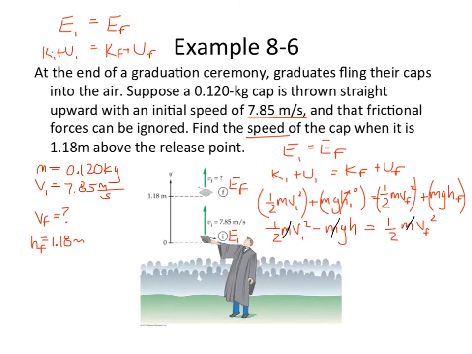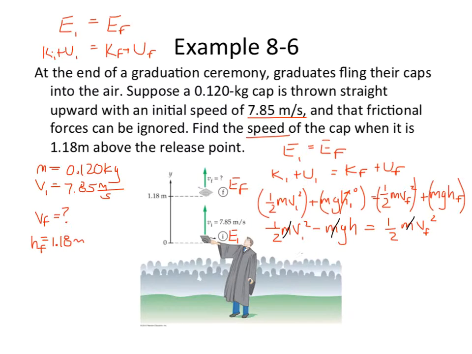Okay, well, we've got everything equal to 1/2 v squared. Let's get rid of this 1/2. First of all, this 1/2 and this 1/2 cancel out, but it doesn't cancel out right here. What do we do to get rid of this 1/2? We multiply by 2. And of course it cancels out this right here, but that means we're going to have to put a 2 in front of this gh. So if we cancel out the 1/2 and we account for the 2 in this one right here, it's going to be